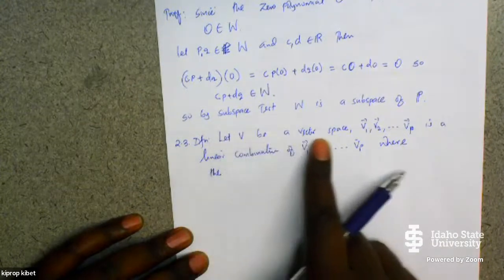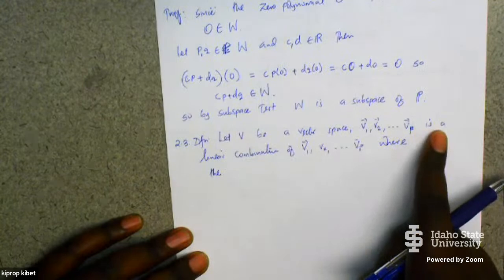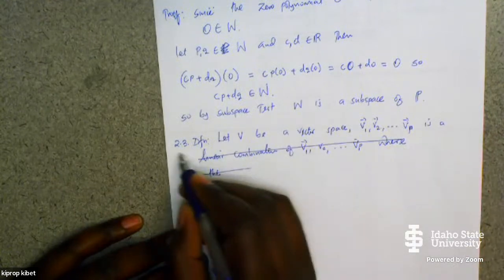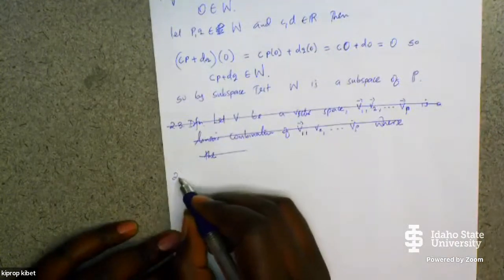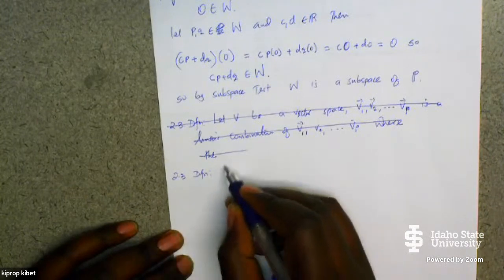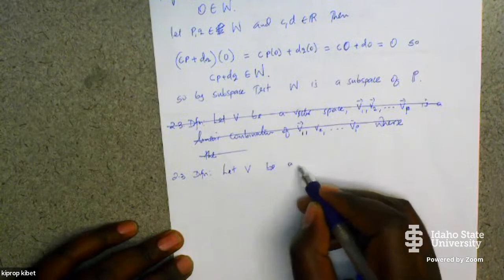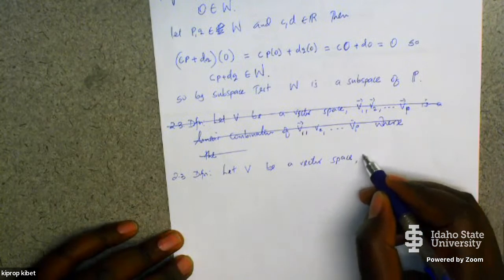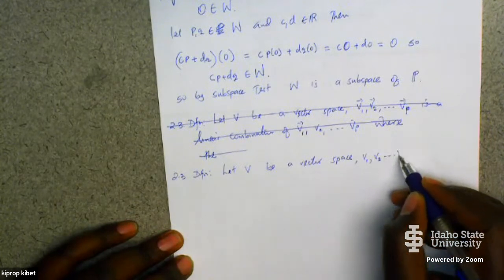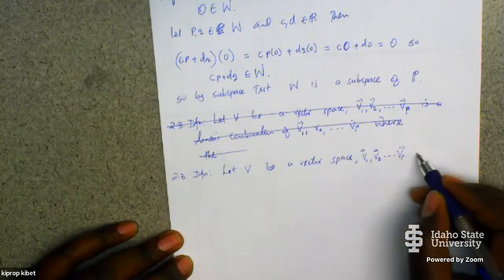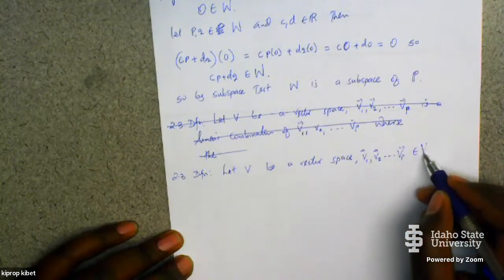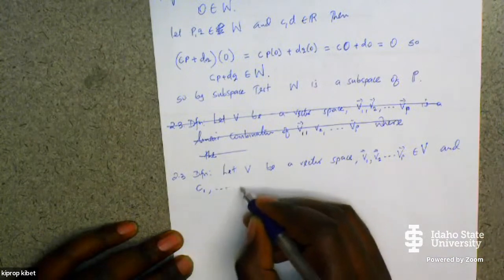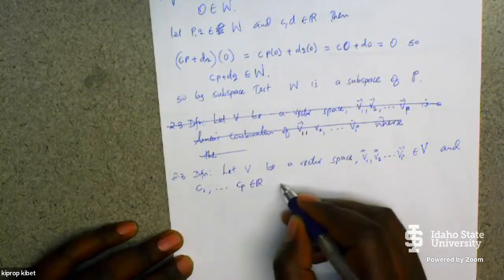Sorry, let's remove this and start again. Definition 2.3: if we let V be a vector space, and V1, V2, all the way to Vp are vectors in V, and C1 all the way to Cp are elements of the real numbers, then